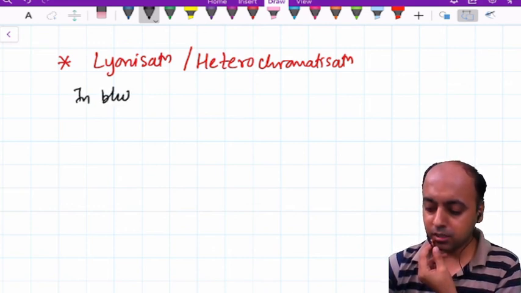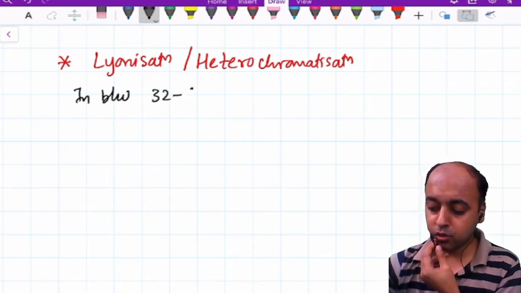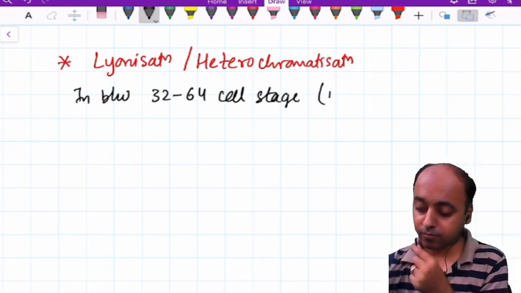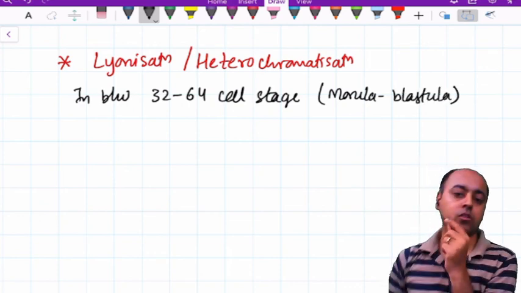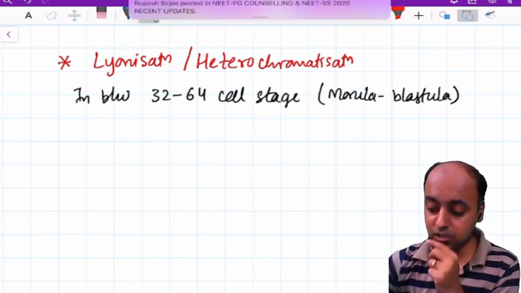In between the 32 to 64 cell stage, in between the morula and blastula stage, okay, in between the 32 to 64 cell stage,